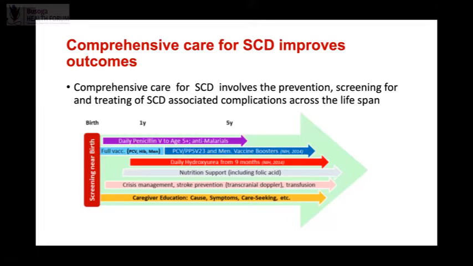So what does it entail? It begins from birth, early detection of sickle cell disease. So screening at birth. This is something that we're working on with the Ministry of Health, but you can also work on it in your forum. You can advocate for screening at birth, so that for each child that is born, we get to know their sickle cell disease status and start early interventions. Then through the first year of life, the first 5 years of life, 5 to 12, 12 to 18, and then 18 onwards. And these are the things we're going to talk about today, as you can see in this diagram.